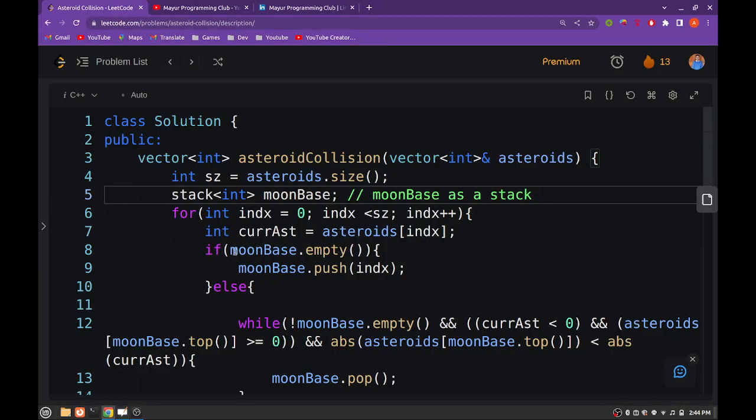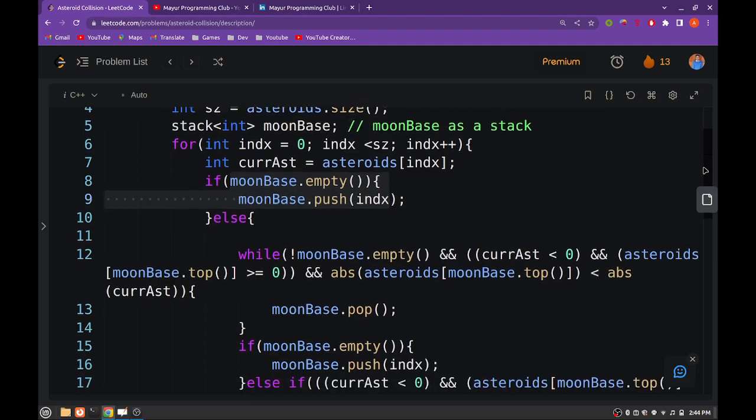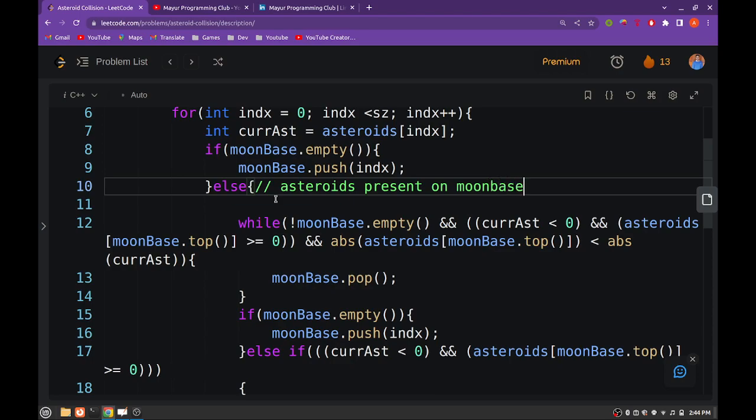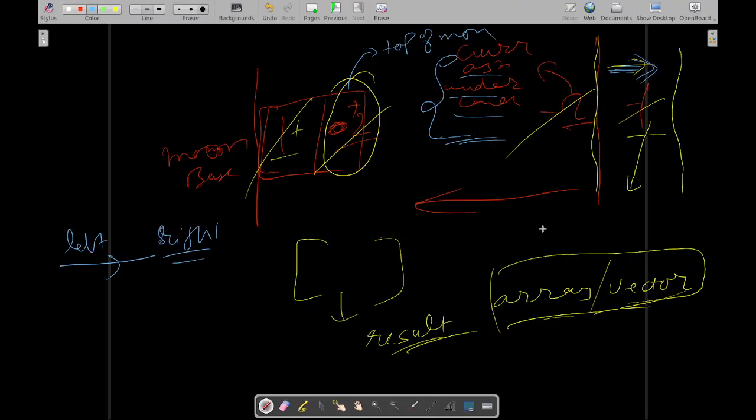What we'll be doing is, if the moon base is empty, there is no asteroid on the moon base, then we simply add the asteroid on the moon base. If that's not the case and there are asteroids present on the moon base, then we will consider the moon base as a stack. So what we will check is, till the moon base is not empty and the current asteroid's direction is negative,